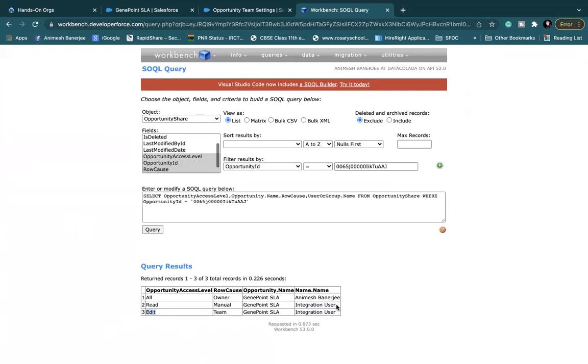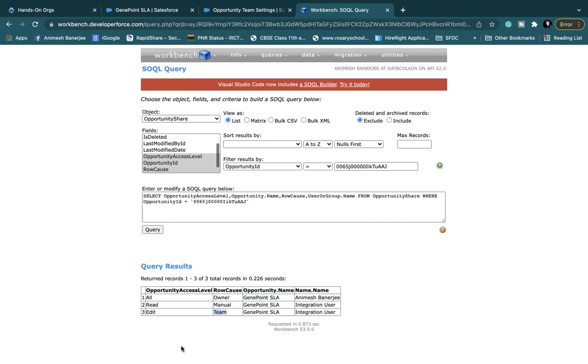So the integration user, if he logs into Salesforce, what can he do in GenPoint? Anybody wants to guess? Does he get read access or does he get edit access? Sir, read. No. He already has edit access. Edit access already has read access, right? You cannot do an edit without a read. So if you have read write access, then you already have higher access through a different mechanism.